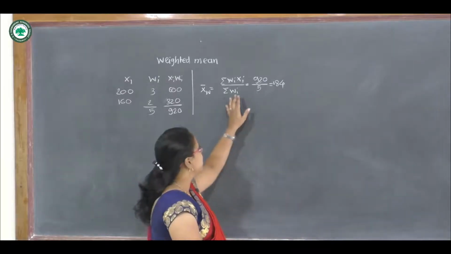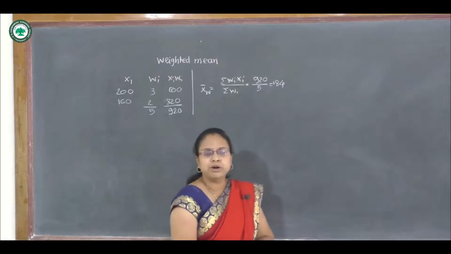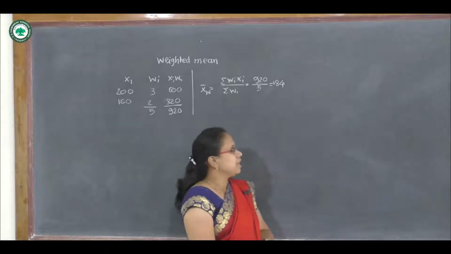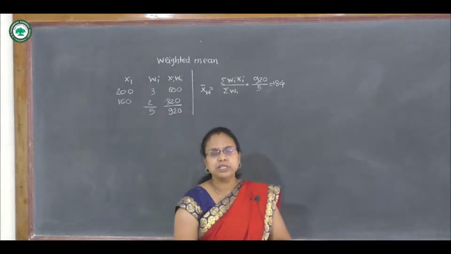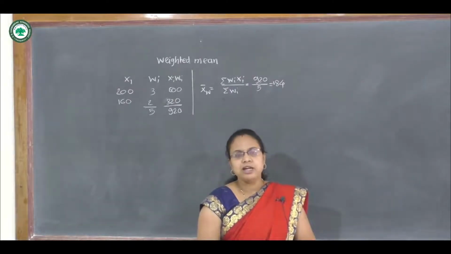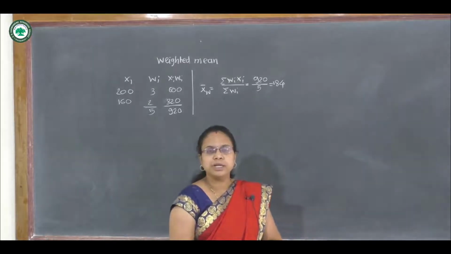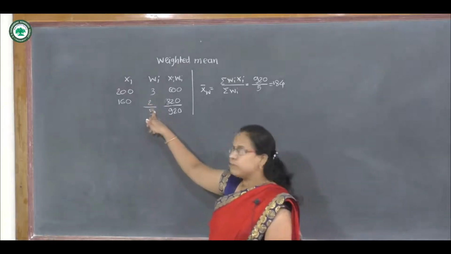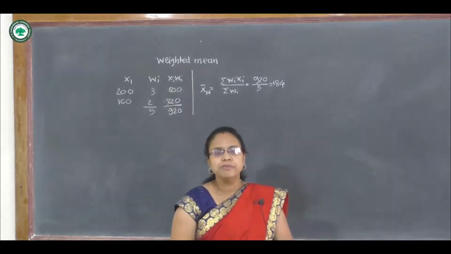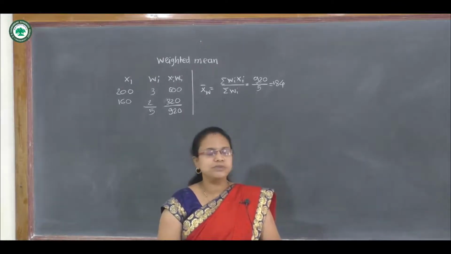So here is the formula, which is summation of wi xi divided by summation of wi. Here we can notice that in the formula of arithmetic mean, when the observation and its frequencies are given, here the frequencies fi are replaced by the weights, but here the weights can be in these type of points or it can be in non-integer also. So this is the importance to use weights to observations rather than its frequencies.